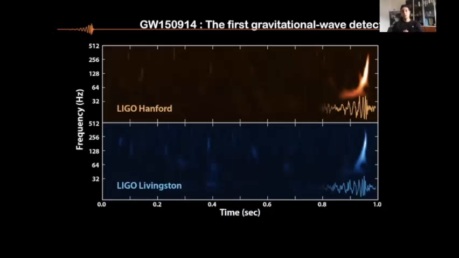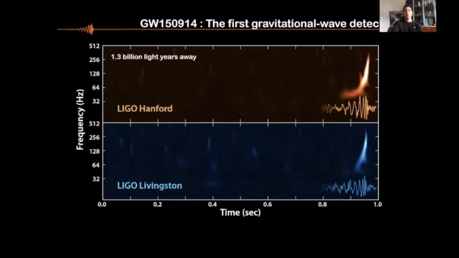So what happened here? What produced this signal? So we learned many spectacular things about it. First of all, this thing was really far away. It was 1.3 billion light years away. It's very complicated to get a sense of what this number is. So the way to understand what this number means is these waves have to travel for a lot of time before they reach us. So this 1.3 billion light years means that it took them 1.3 billion years to get to us. It means that when these two black holes collided,